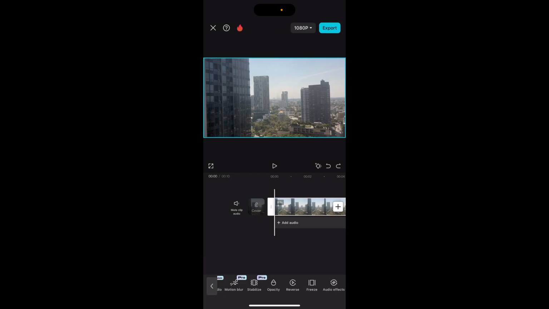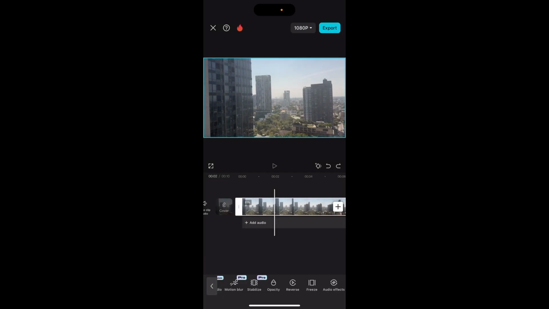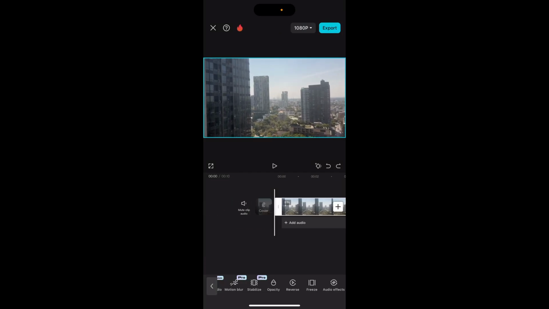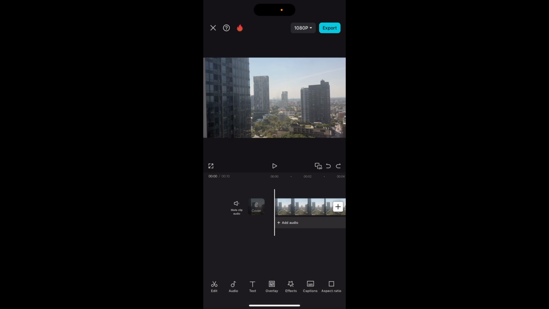In this video, I'll show you how you can fade in a video in CapCut. So currently the video has not got the fade in effect added, but we'll add it right now. So you want to open up your CapCut project, and then once you're here, you need to click on the